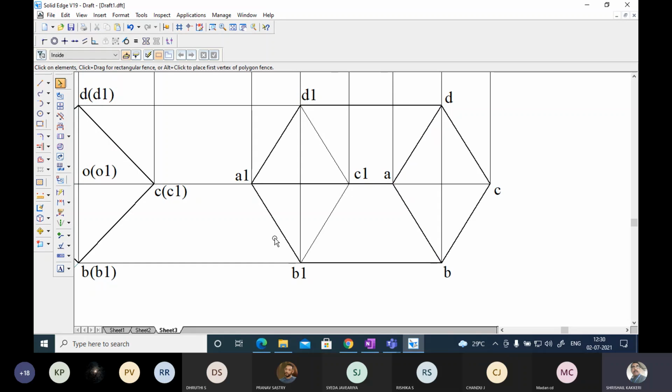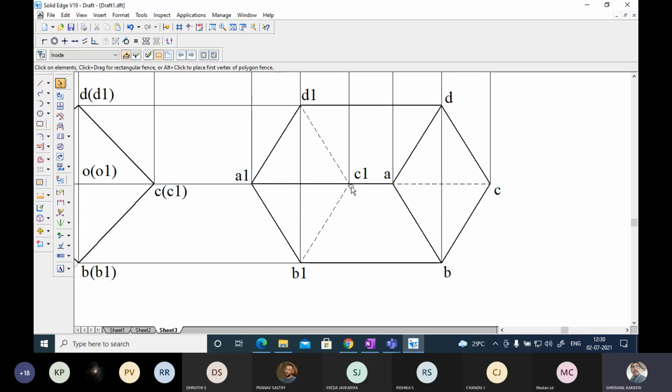Visible. Okay. Very good. Next, the portion from here to here, that means C to C, will be dotted. But here it is coinciding behind this, so I don't want to take it. This portion only I am going to make dotted. So you take the dotted or hidden line. Hidden. And these two lines should be hidden lines again.